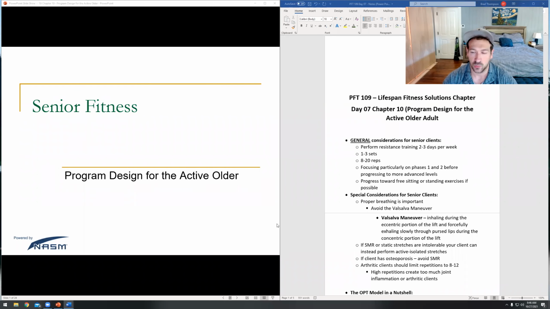So we have got the overall program design stuff for seniors. This is supposed to serve as a be-all end-all approach to program design, without necessarily going over training splits and things like that. But